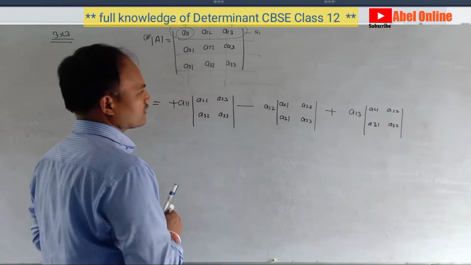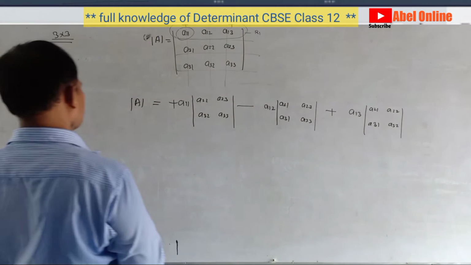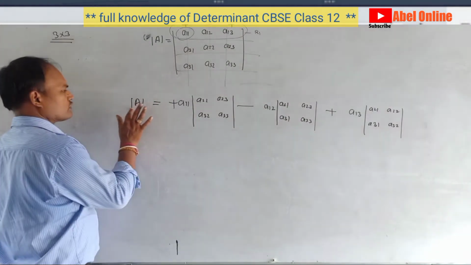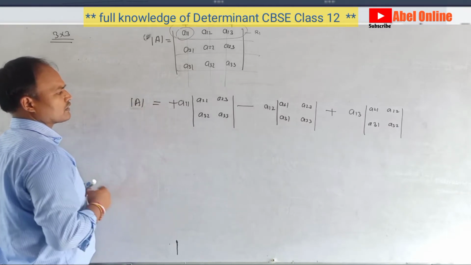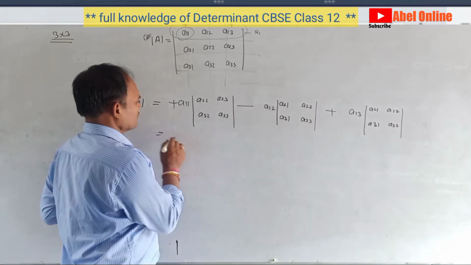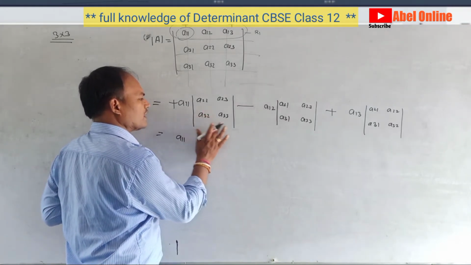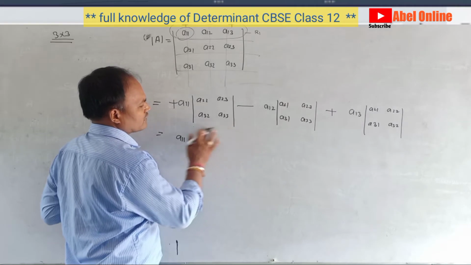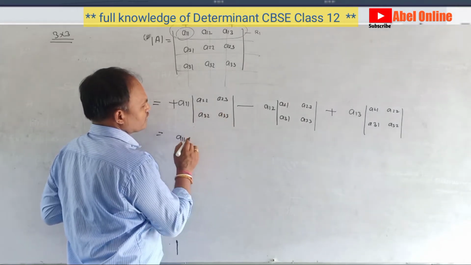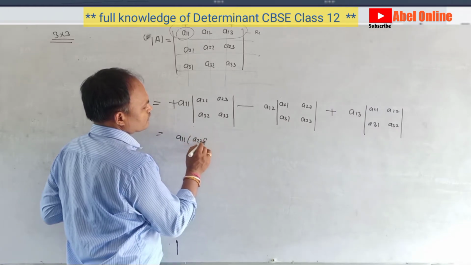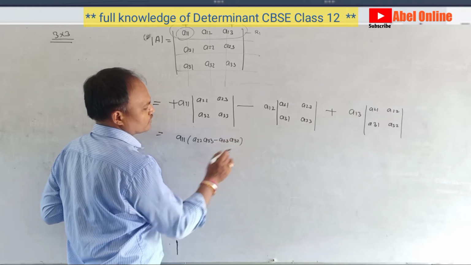A21, A22, A31, A32. Now we have to solve this question. Now this is the A11 and just open it like a 2 cross 2 determinant. So how can we solve? This multiplied by this and this multiplied by this, and use a negative sign. So we can say that it is A22 A33 minus A23 A32.